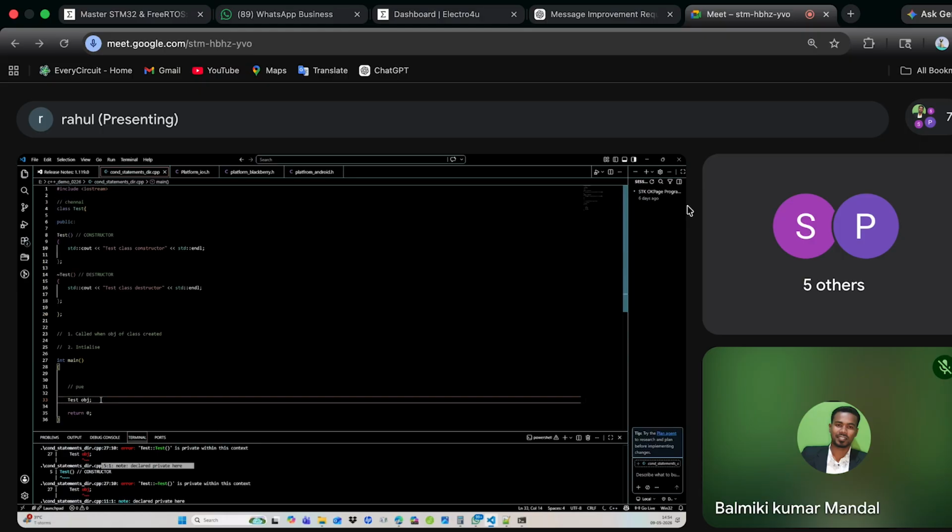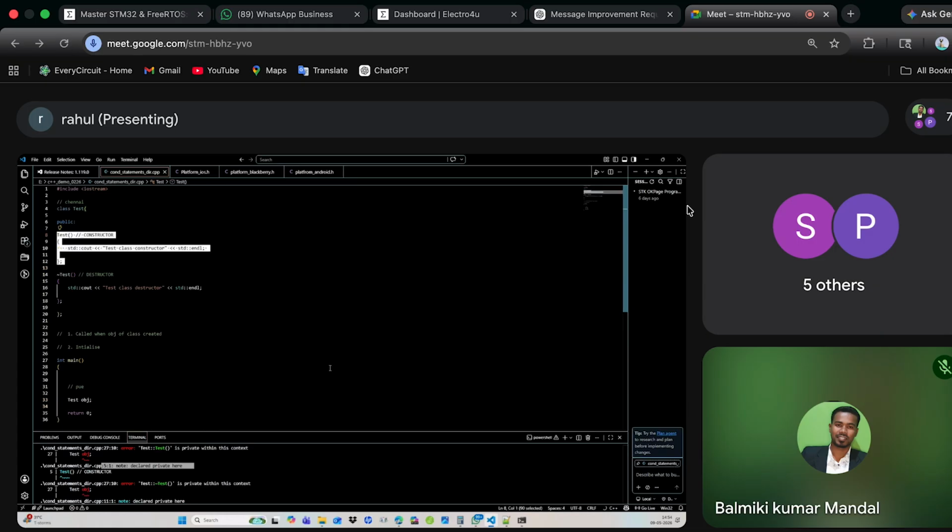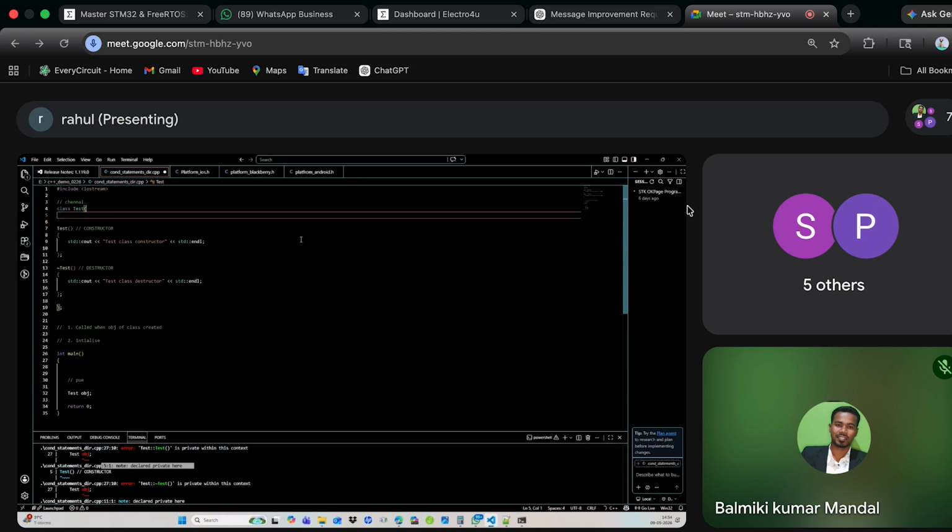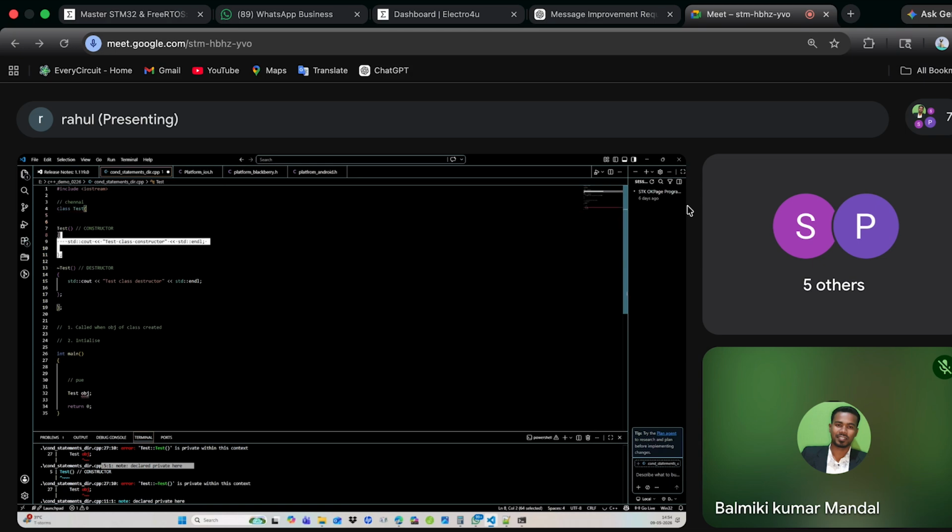So when you create an object, by default the constructor should be called, but since we don't have this public, it is treated as private. We saw previously that only the members of a class can access private members.